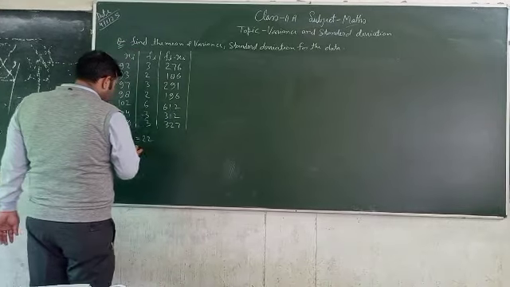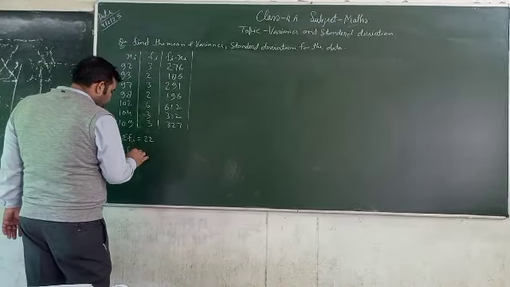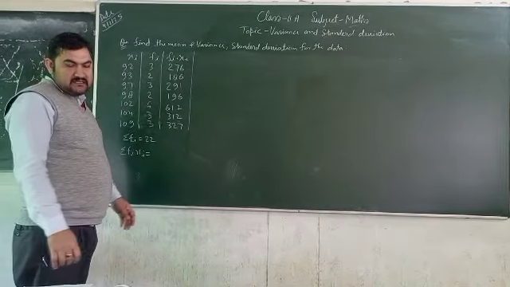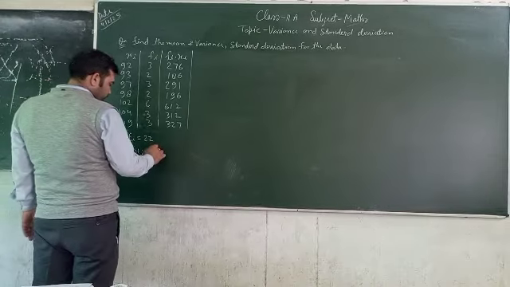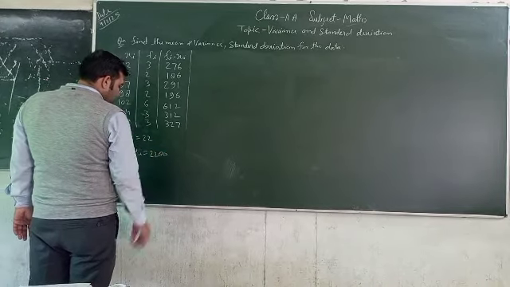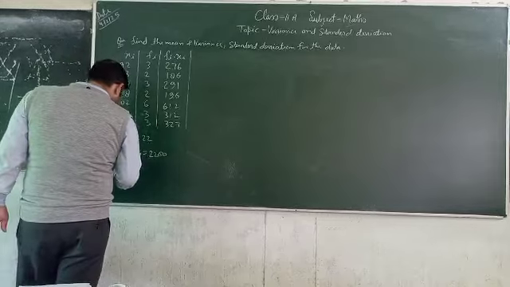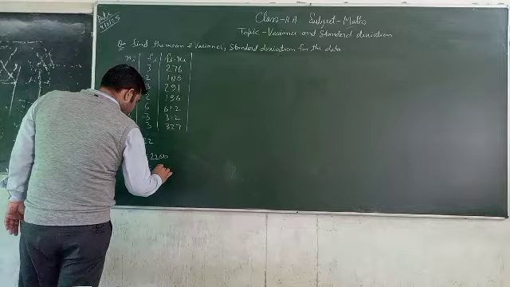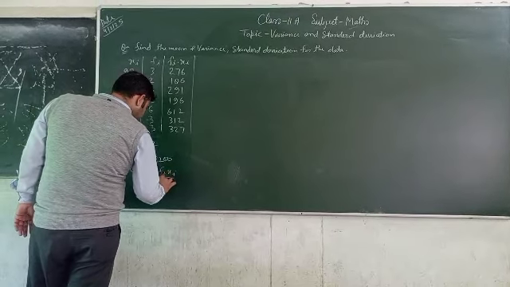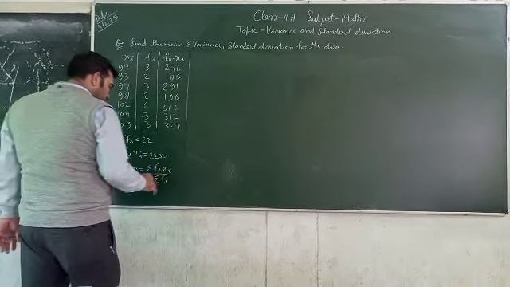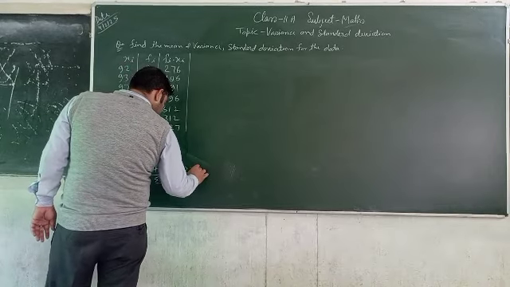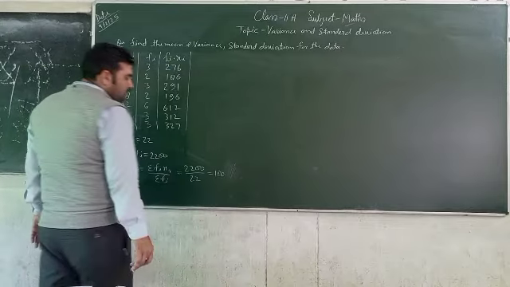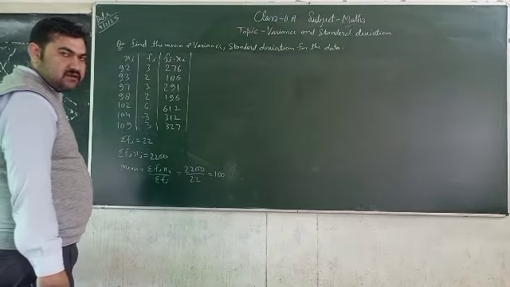Now again calculate summation Fi into X. इन सारे एंट्रीज को ऐड करिए, and this will become 2200, and mean is equal to summation Fi Xi upon summation Fi, and therefore 2200 upon 22, that is 100. Mean of this data, that is 100. Okay, now